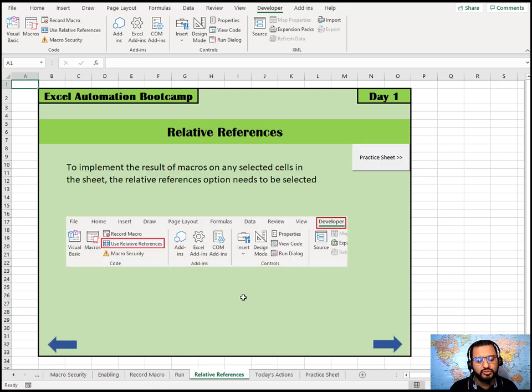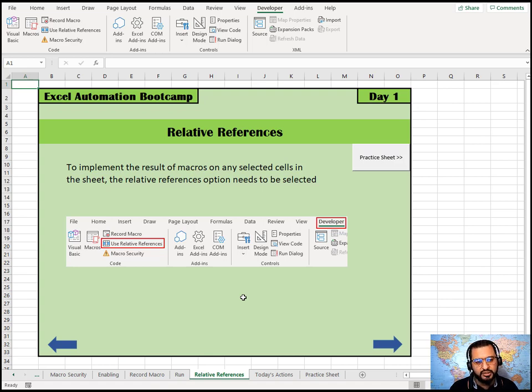Now let's go to the last topic of the day, which is relative references. What we have seen so far is that we recorded a macro and then executed it by the Run command. But this macro will always run on the same set of cells. If I've recorded it on some particular set of cells, it will always run on those same cells.